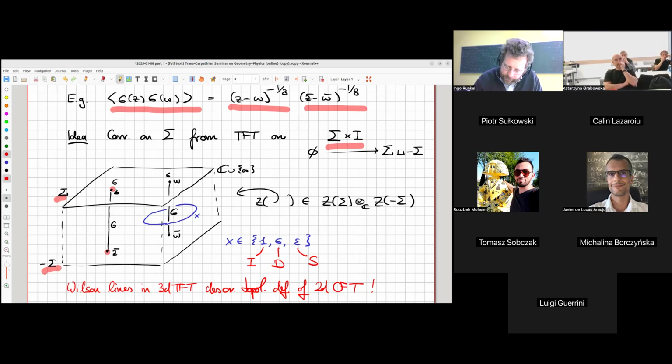Now you have the freedom of drawing additional Wilson lines inside your 3-manifold, right? And these are now topological because we are talking about a topological field theory. That's how in the TFT you model the conformal line defects of the 2-dimensional CFT. It's the Wilson lines which float inside the 3-manifold. And because these are labeled again by my 3 representations, these are precisely the defects we saw in our lattice description.